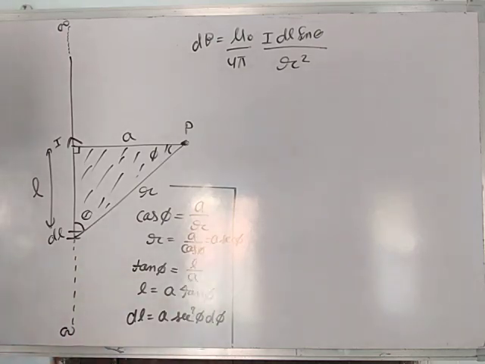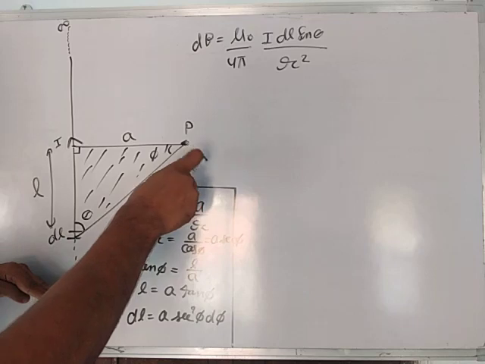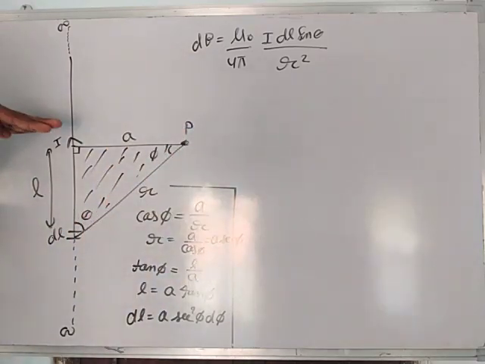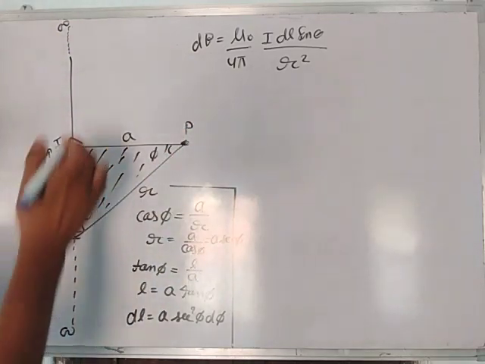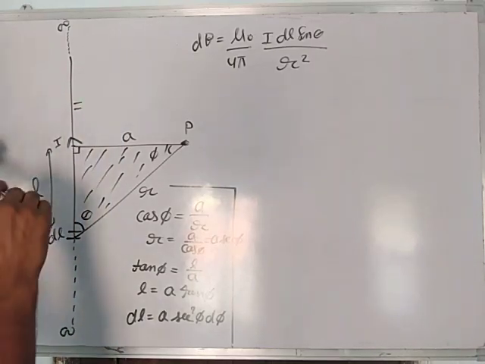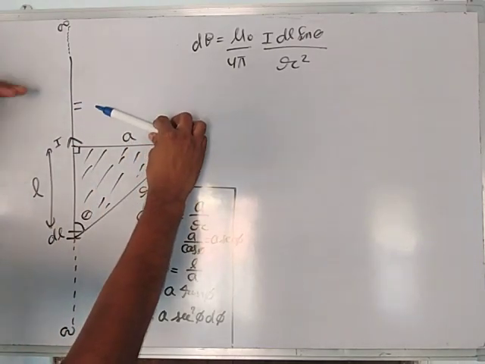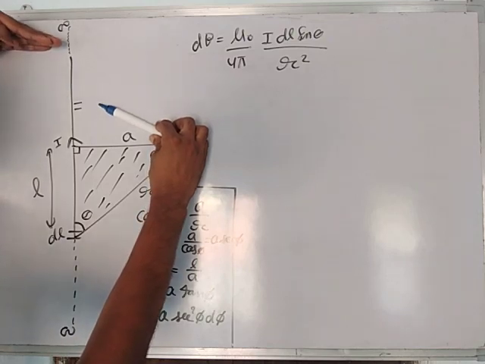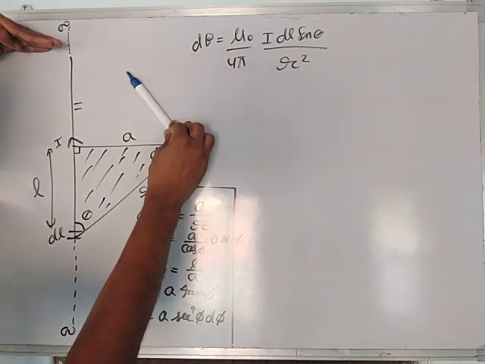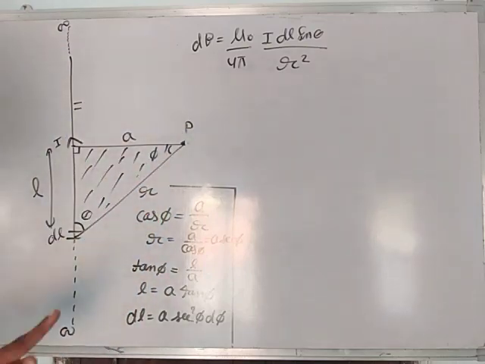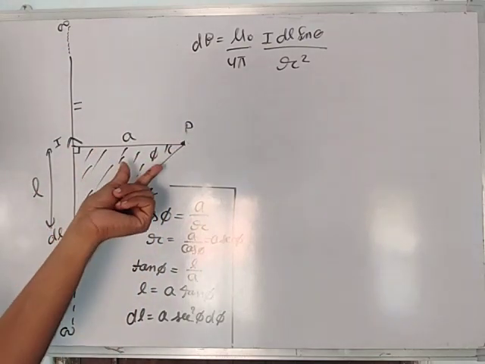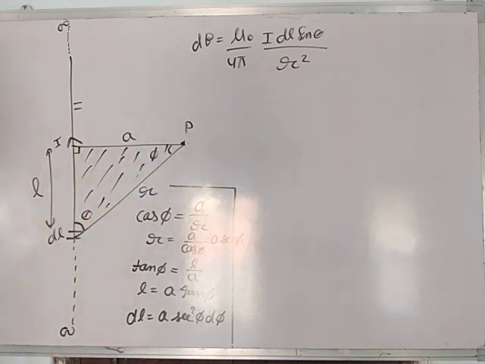Here a question arises, why are we taking phi, not theta? Students, you can see as the length of this conductor will increase, phi will vary in both directions. If you are going in the upward direction, if dl is here, then phi will be smaller. If you extend the dl, then you will find that phi will increase. Then we are going to convert our result in the form of phi, because phi is a variable.